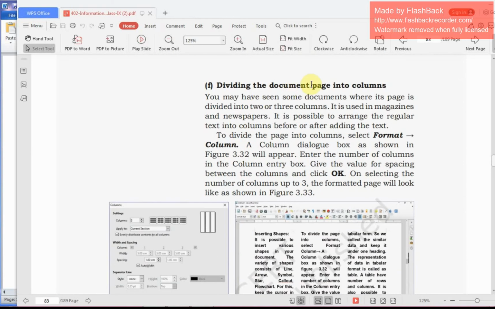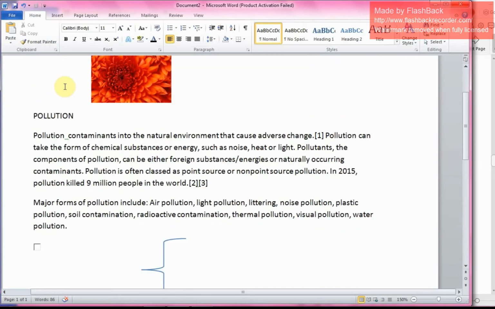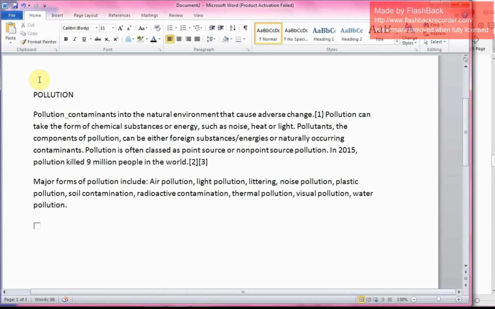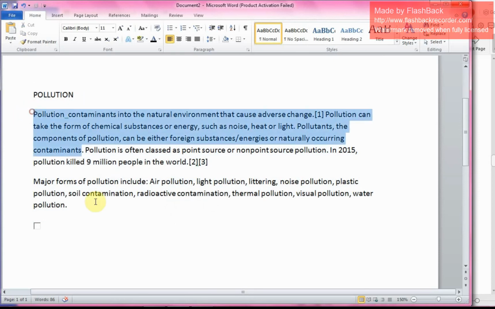Now dividing the document page into columns. You may have seen some documents where a page is divided into 2 or 3 columns. We can also divide the pages into 2 or 3 columns. Just select the content which you want to divide.